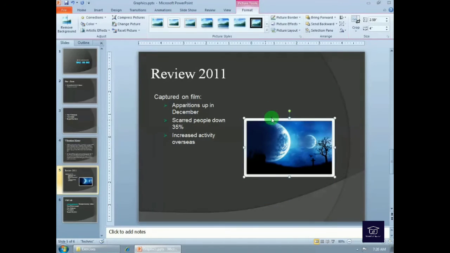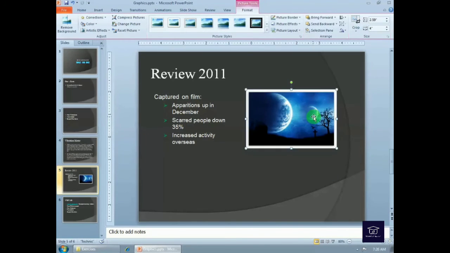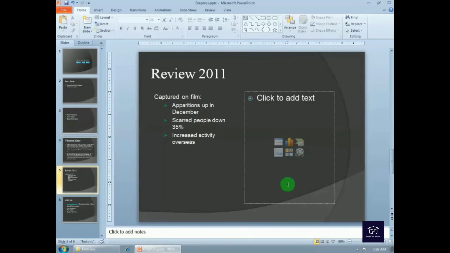Double click on it. And the cool thing about that is that it takes the picture, even though it's a lot larger than what it is here, and shrinks it down so it kind of fits, or as best it can, within the size of that text box. And then you can go ahead and click and drag it to move it up so it's more in alignment with the text box over to the left-hand side. And then I can go ahead and delete it, and it brings the content box back up,